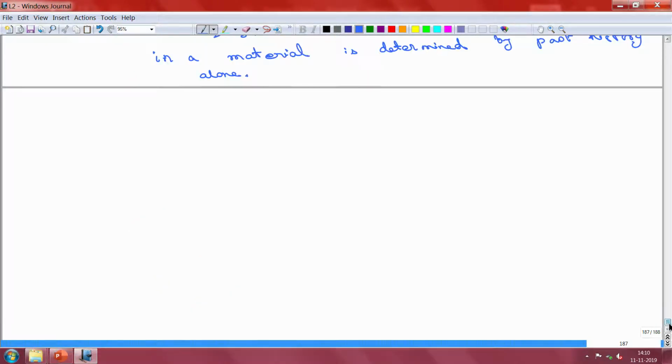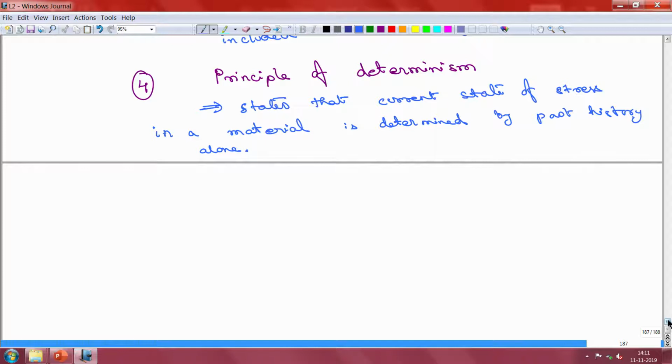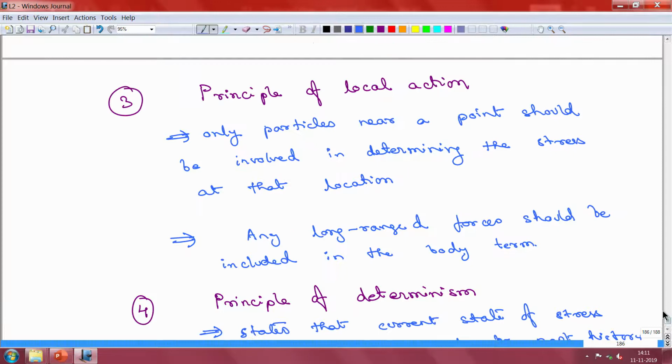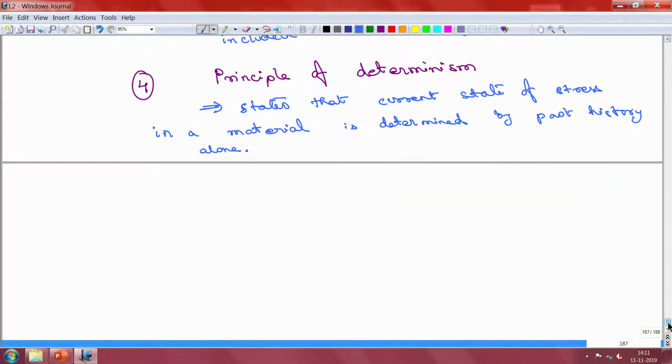And not the future. So, these four principles, there is a reason why they are being stated. Why we are using the word principle is because they are basically axioms, which means that we state them, this is our belief that these are true, and hence these are to be expressed later on in mathematical form, but we do not necessarily need to prove any of this. So, the correct way of looking at these principles is that they are axioms on which we will base the rest of the theory.